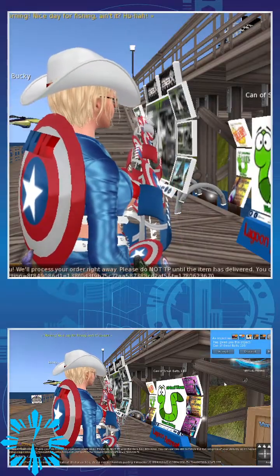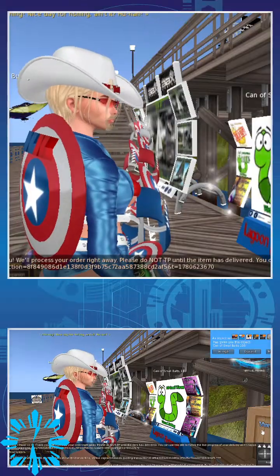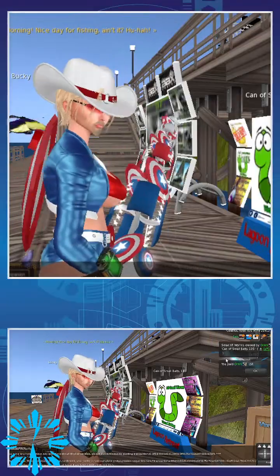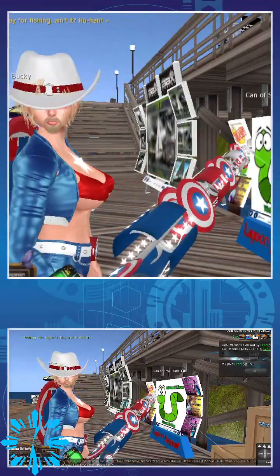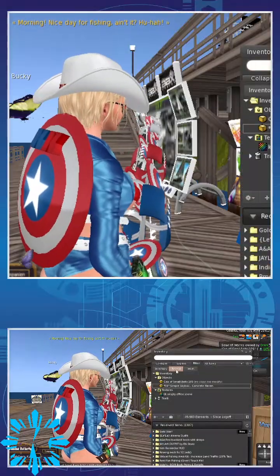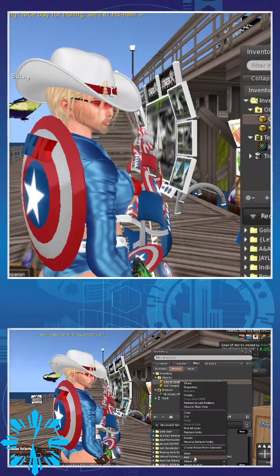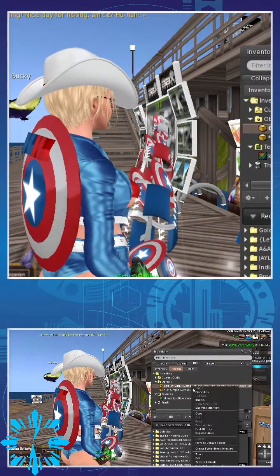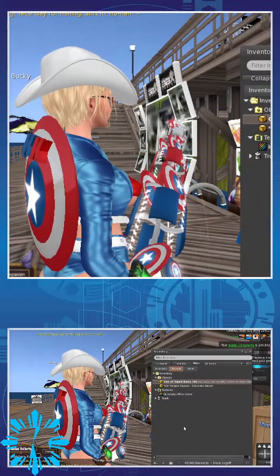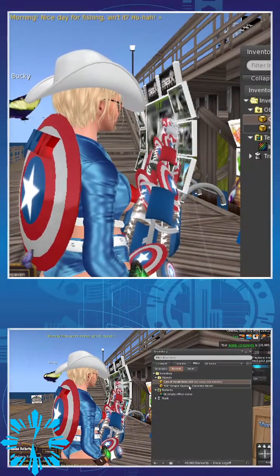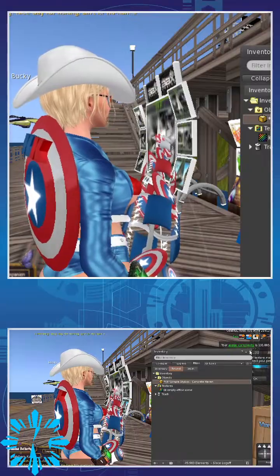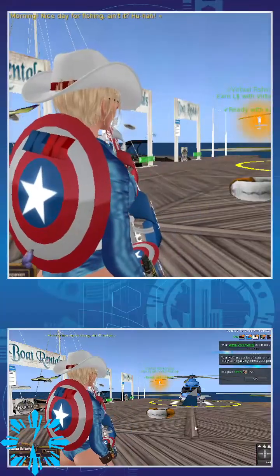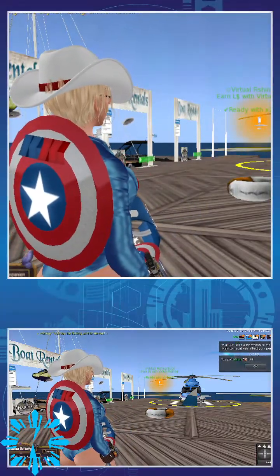So that is 2 Linden dollars cheaper, because if I bought it from the virtual fishing bait vendor, it would charge me more. And I just loaded 100 more small bait.